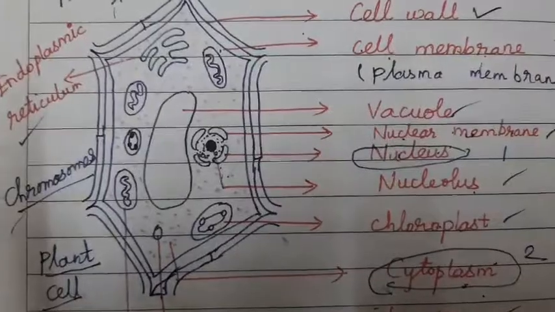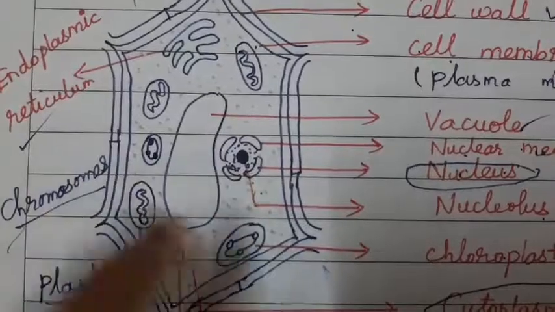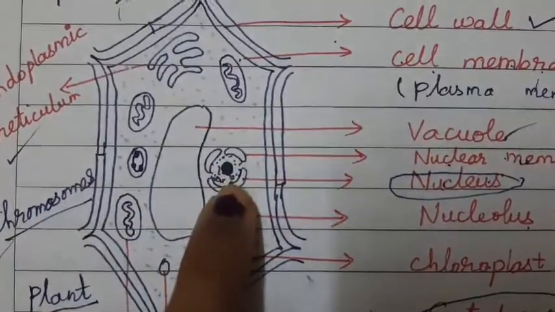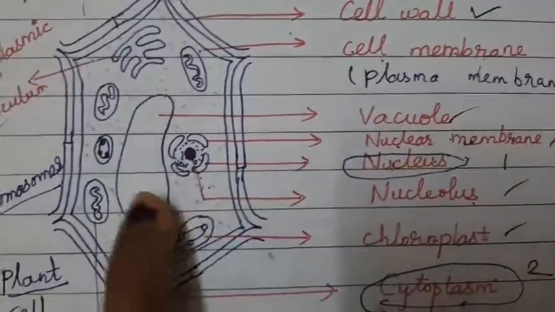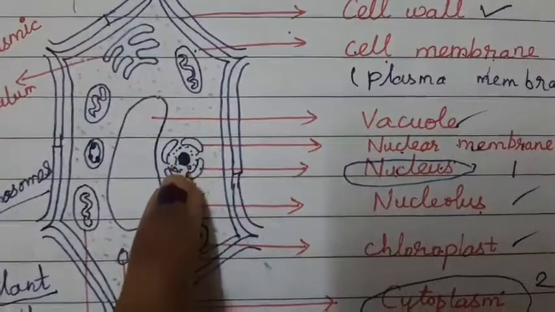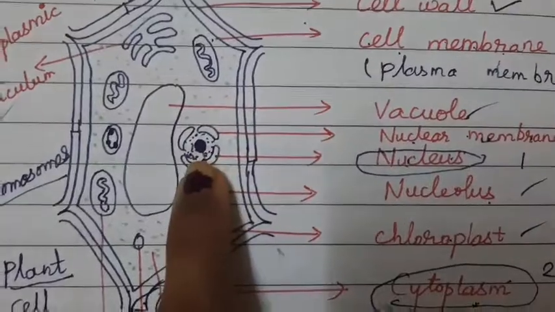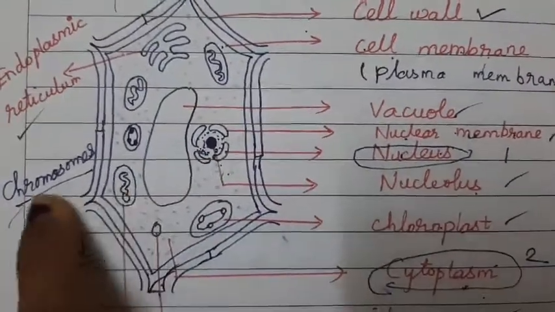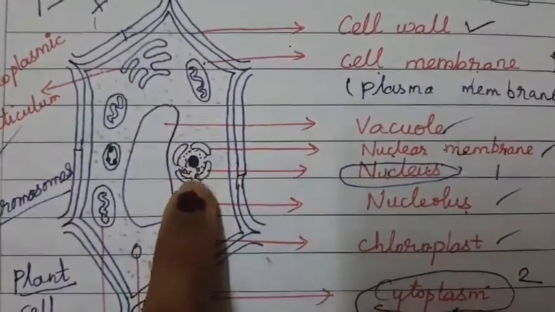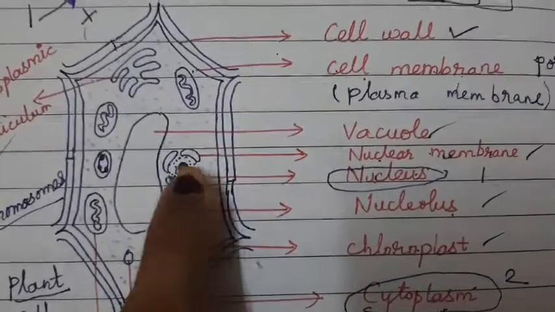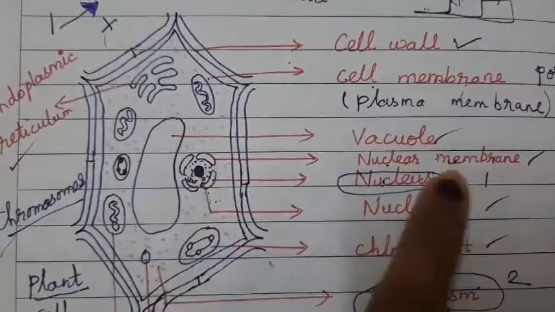Okay? Now look here, your nucleus is here. I have drawn it here. I already explained this part, the nucleus. You have a protective membrane called the nuclear membrane surrounding the nucleus. Then inside the nucleus you would find the nucleolus and small thread-like structures called chromosomes. Chromosomes are nothing but your DNA. So inside the nucleus you have the DNA, the hereditary information. That is a very important one, and hence it is again protected by the nuclear membrane.